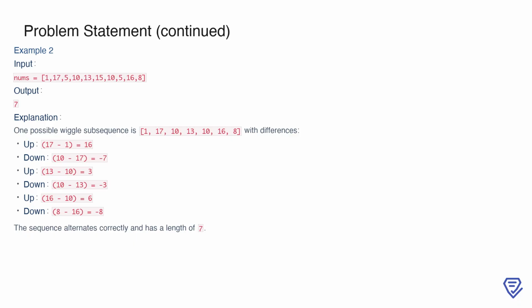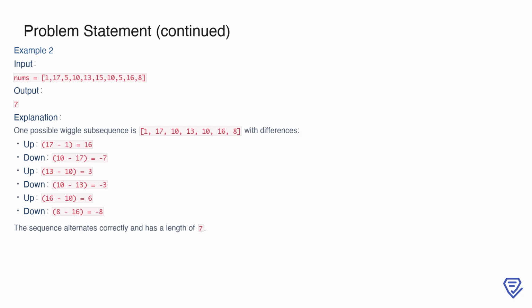If we compute the differences, we get 16, up, -7, down, 3, up, -3, down, 6, up, and -8, down. These differences alternate correctly, so this subsequence satisfies the wiggle property. It's important to note that there might be other valid wiggle subsequences of length 7, but we only need one